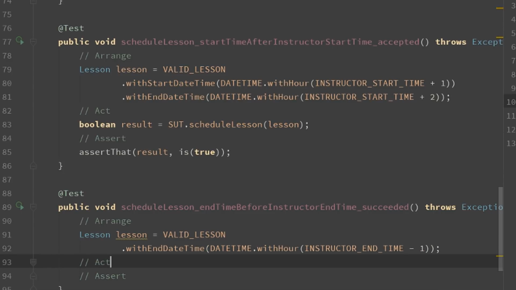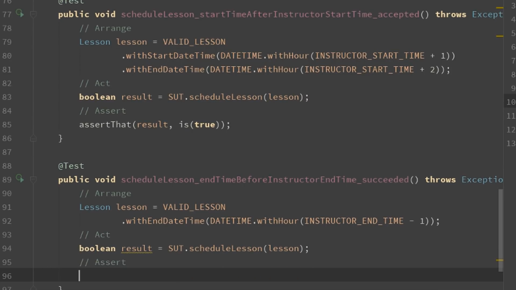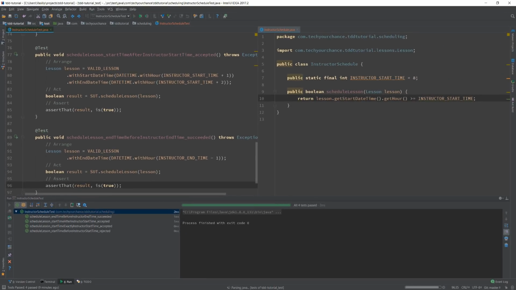Minus 1, and we would like to have result, and we would like to assert that result is true, because if the lesson ends before the instructor ends his workday, then this lesson is valid. Run the tests,